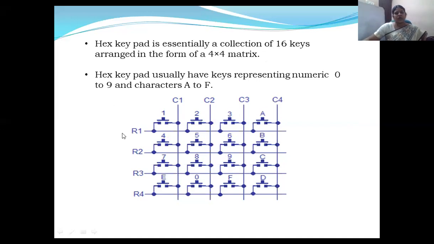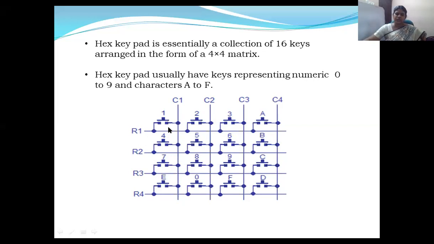Your keypad will be 4 into 4, that is, it will be just like rows and columns. You can see on the screen which I have shared, you are having 4 rows and 4 columns. This is what we are saying as 4 into 4.